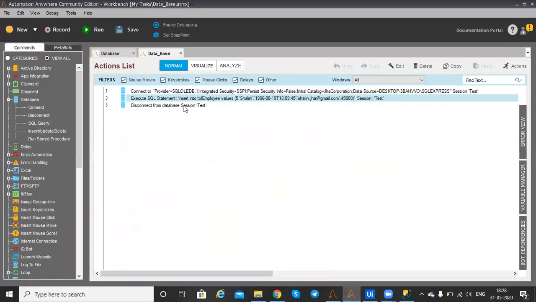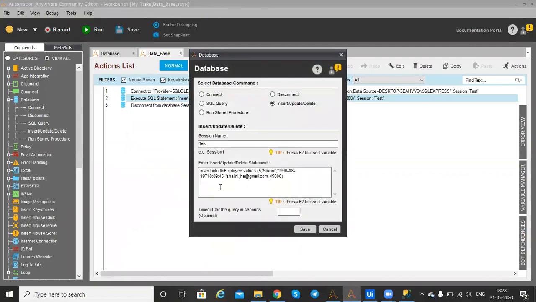Let me check why we do not get data. Okay, here we will not get the CSV file because we first have to take the CSV file in the SQL query. In the SQL query we get the activity for CSV, but inside the delete there is no such option. If you want data in a CSV file, you again have to take a SQL query, and there you can take all the data in the CSV file.